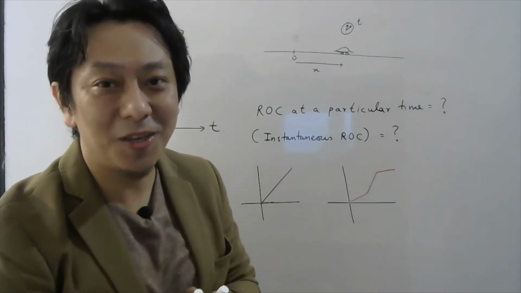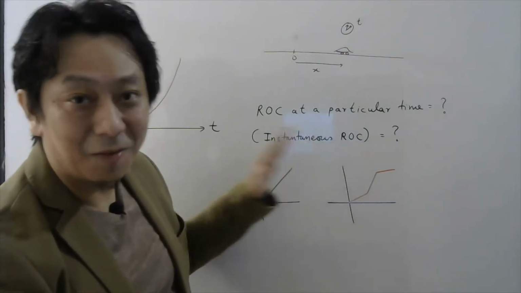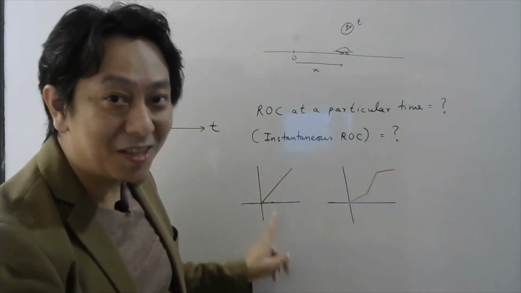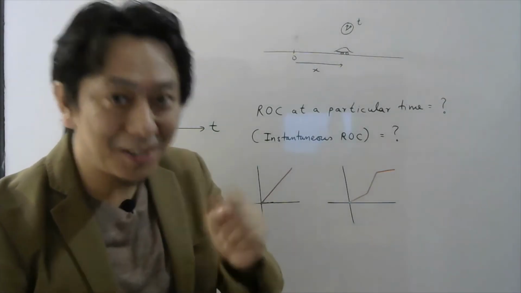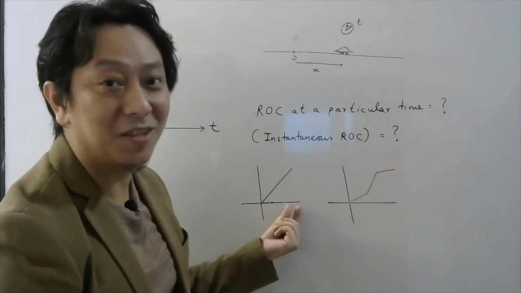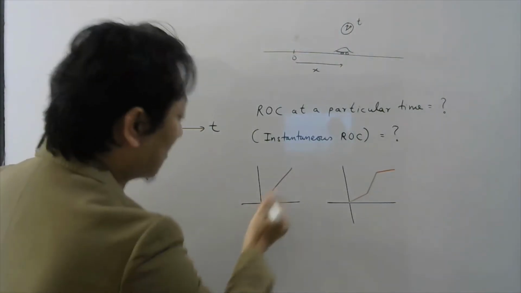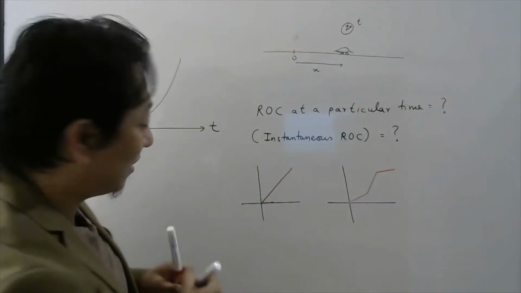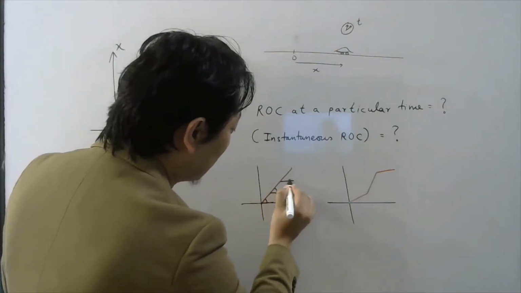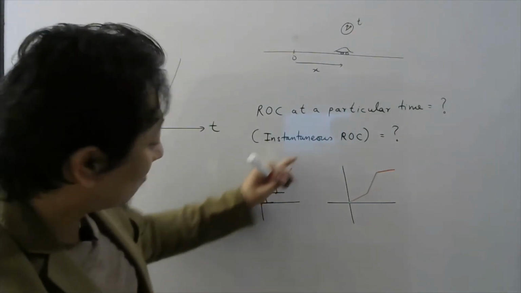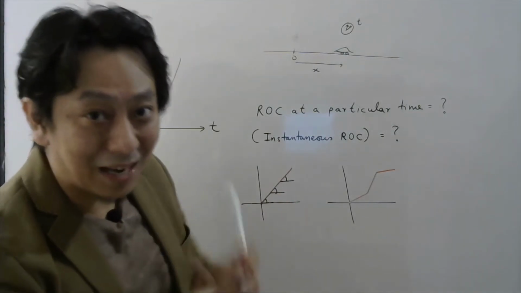Let's quickly revise what we did up to now. The first graph which we discussed was a straight line, and we found that the rate of change in this case was a constant. It came out 5 meter per second, and it doesn't matter which interval we choose, it always came out the same. And that happens because since the graph is a straight line, at every point it makes the same angle with the time axis, right? So the angle made by the graph with the time axis always remains constant.